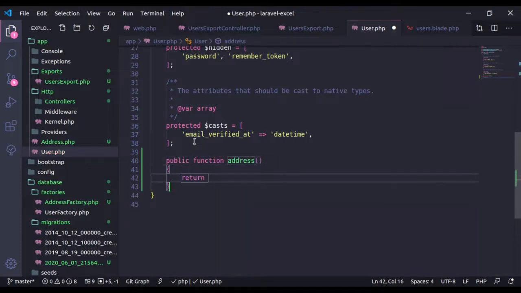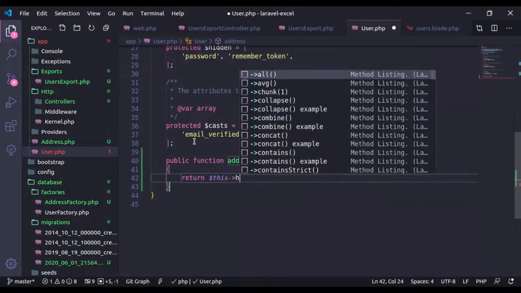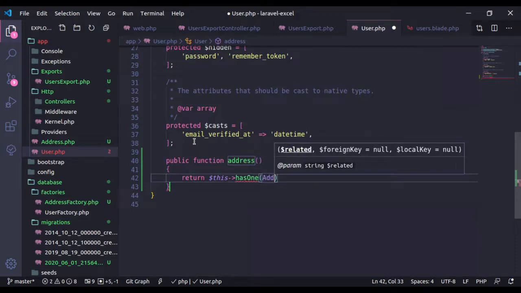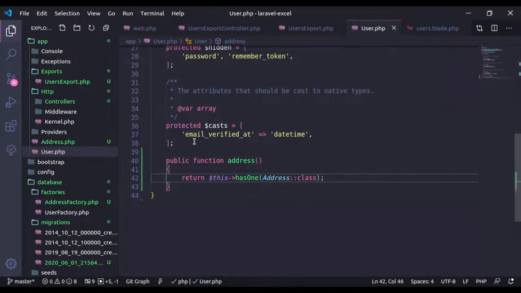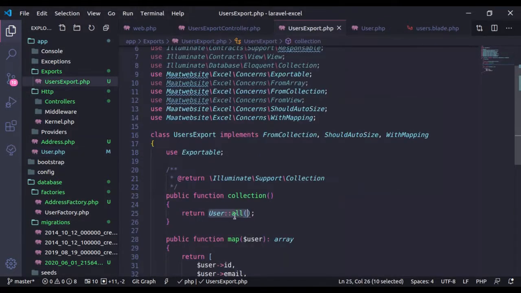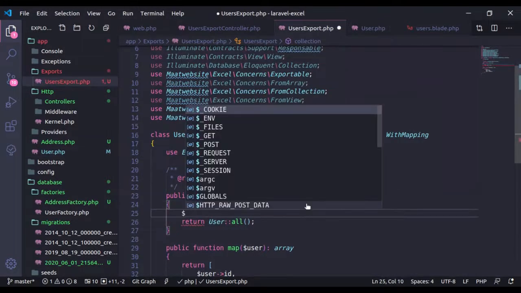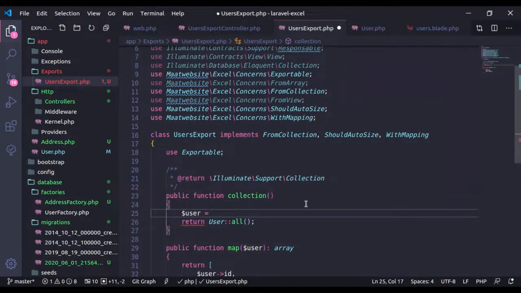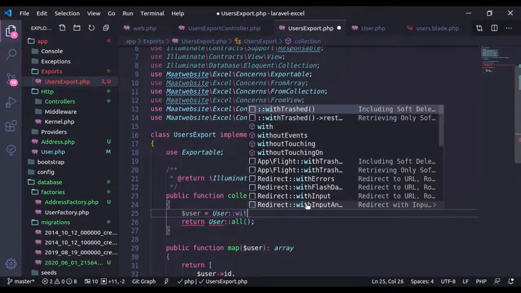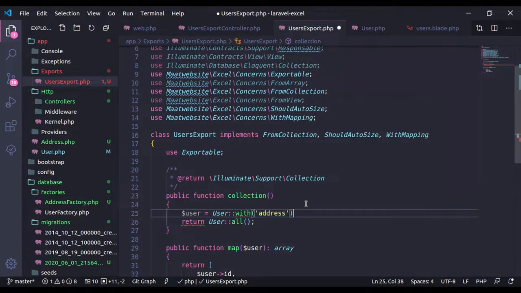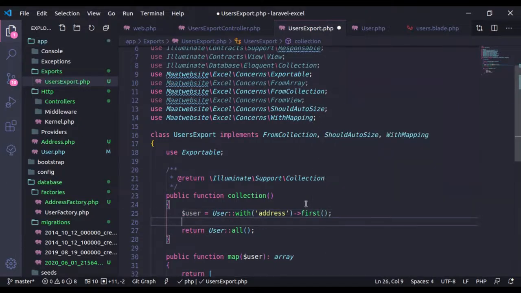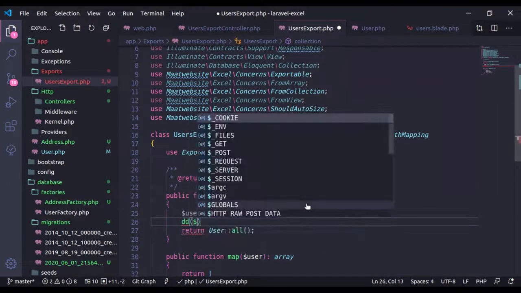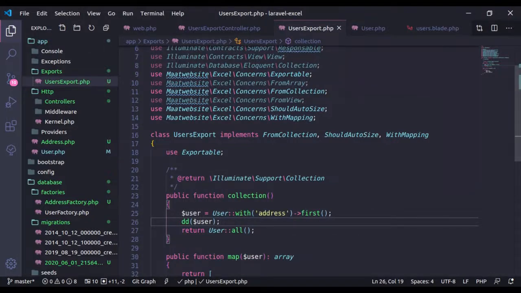will return $this has one address class. Now to verify it, in the users export, let's say $user is equal to User with address, and let's fetch the first user, and next I will dump that user here. Now let's go to the browser,